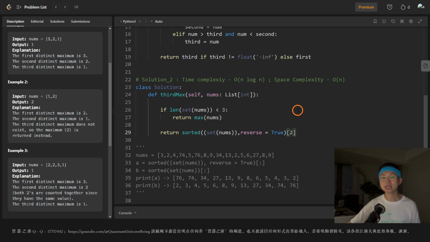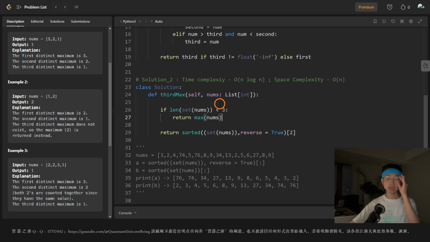If the length of the set is less than 3, it means there are fewer than 3 distinct numbers in nums. In this case, the code returns the maximum value from nums using the max function, as there is no third distinct